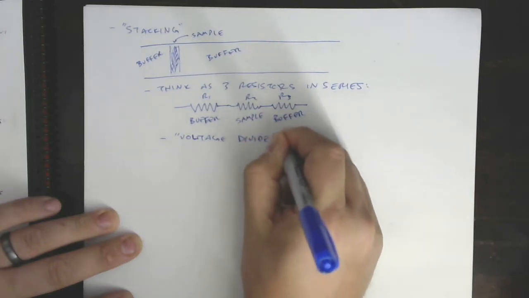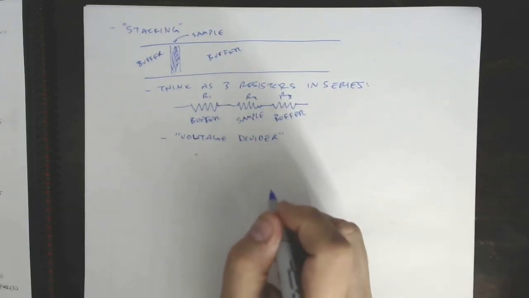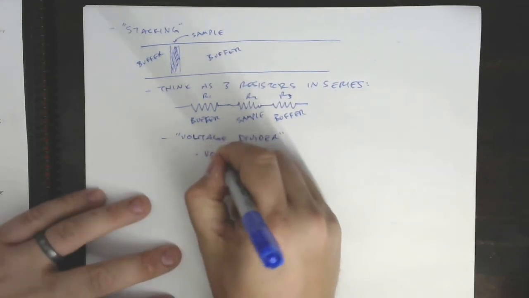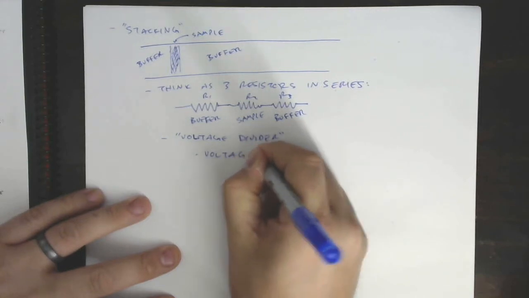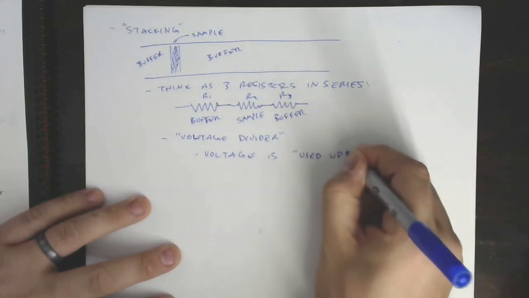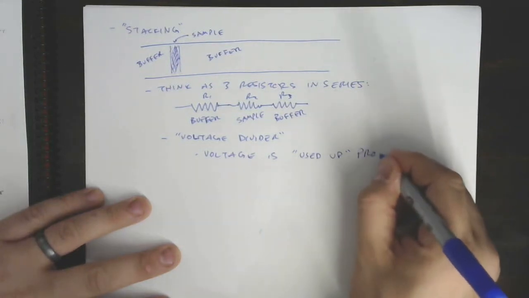And like I said, I won't turn this into an electronics class, but I'll tell you that in a voltage divider, voltage, the amount of volts that we apply, is, for lack of a better term, used up proportionally